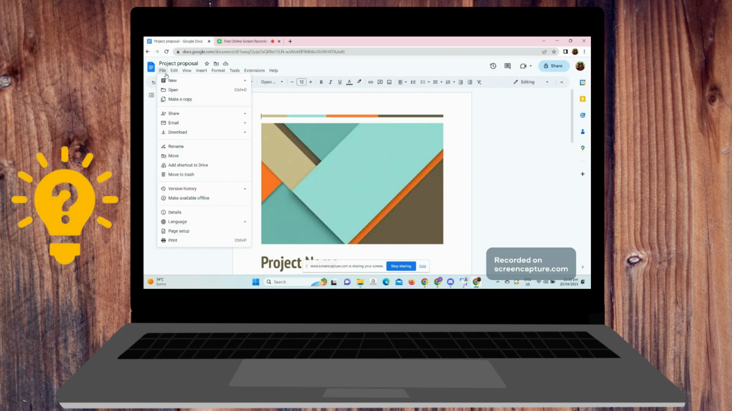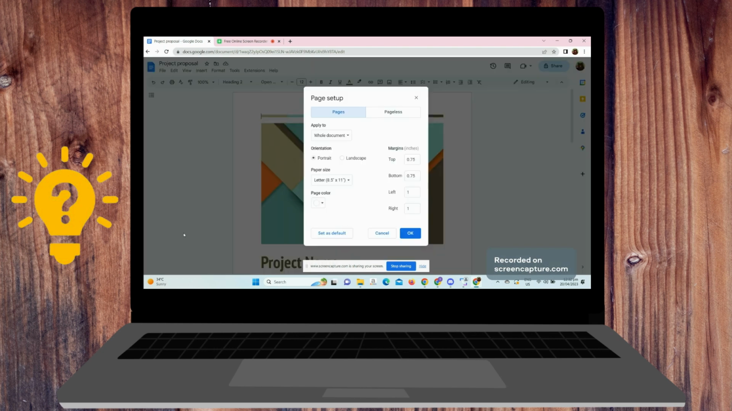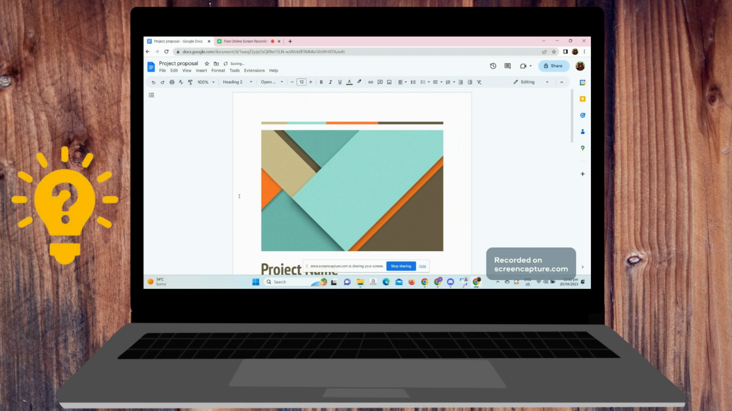First, open your document in Google Docs, then click on the File menu and select Page Setup. In the Page Setup dialog box, you can adjust the top, bottom, left, and right margins by typing in new values in the appropriate fields. Once you have made your changes, click on the OK button to apply the new margins